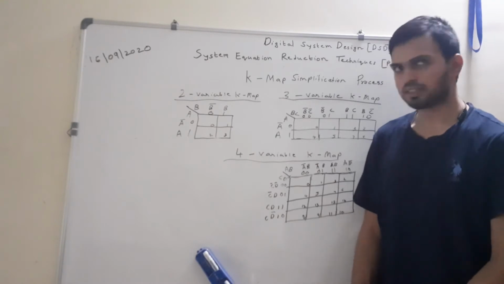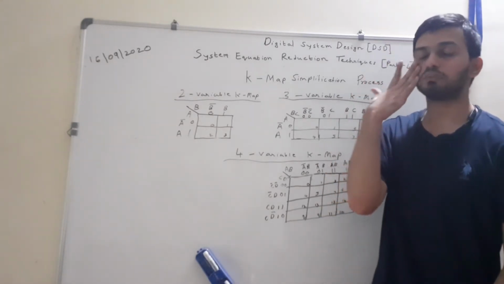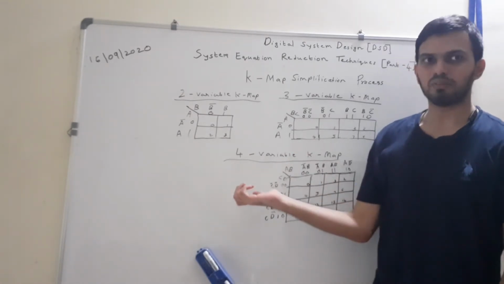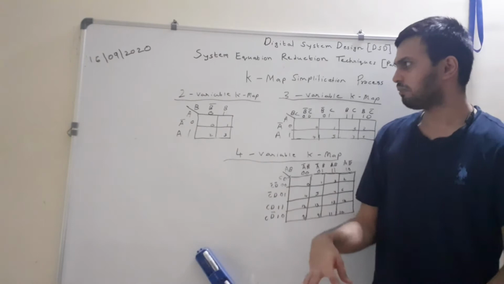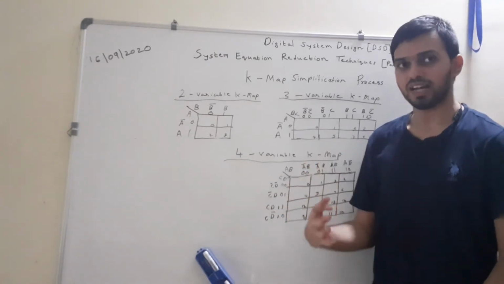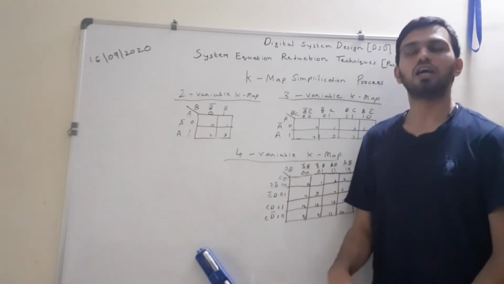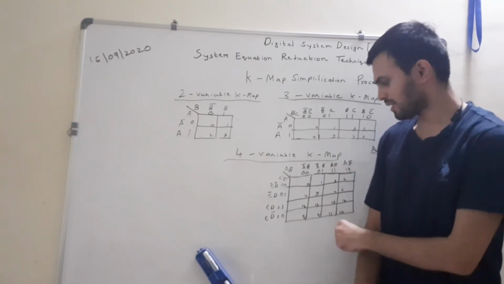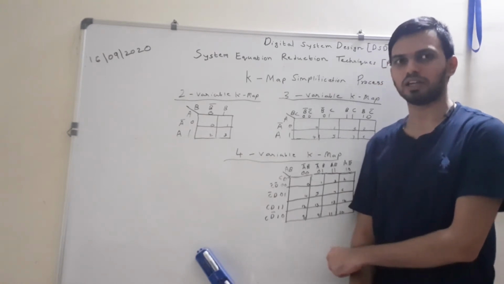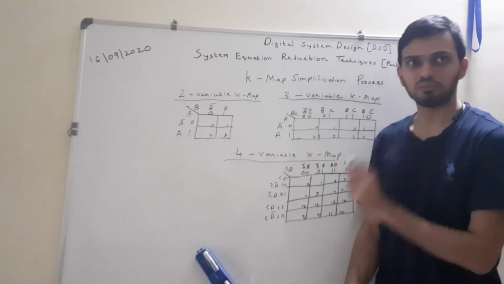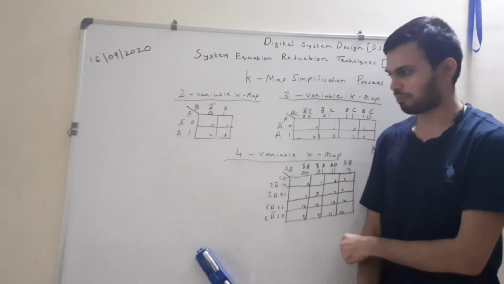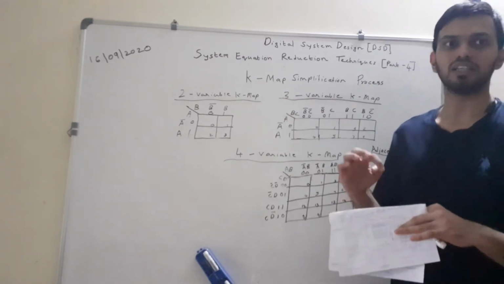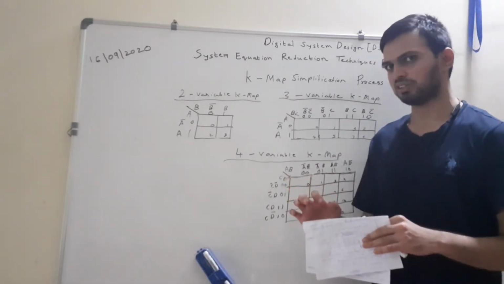Now in the last class we studied how to represent a given boolean expression or logic expression in SOP form in a K-map, and how to fill the K-map from a given truth table. Now we will move on to how to simplify a given boolean expression when we have to use this method for system equation reduction. So basically our main aim in studying this technique was to learn how to simplify a boolean expression using the K-map technique. So we will now slowly move on to the simplification process and the concepts related to it.